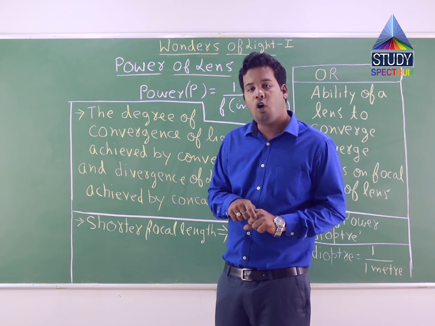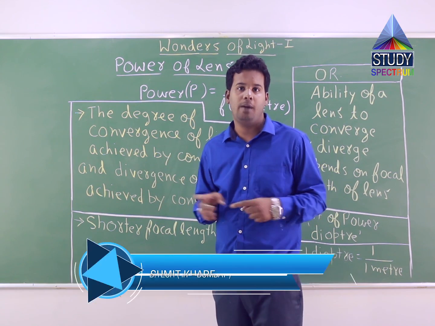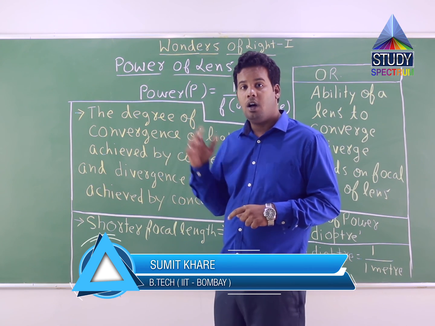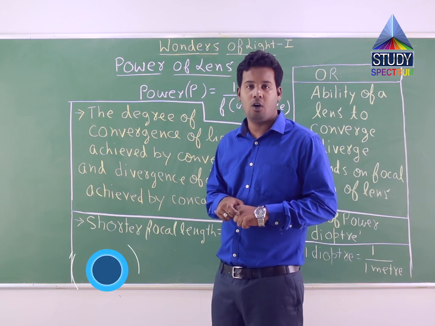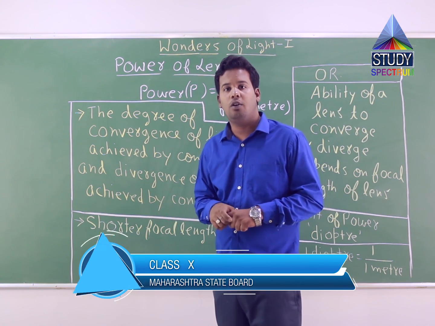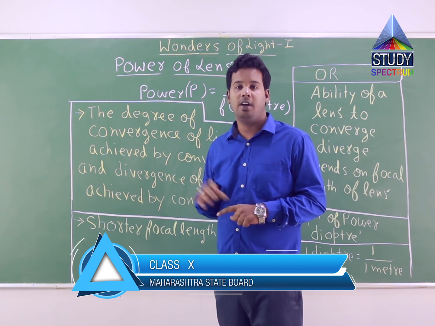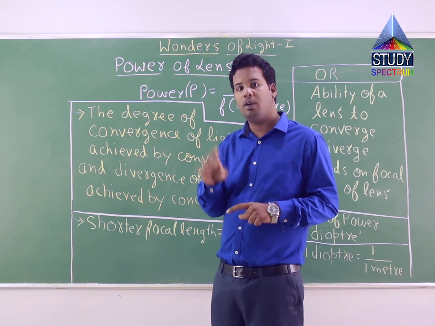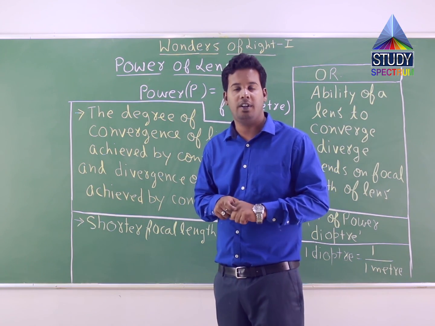Then we have talked about lenses. What is a lens? How is it formed? What are the different types of lenses? Also we have taken 6 types of cases of positions of an object placed in front of a convex lens. We have understood why there are only 6 cases possible. What is the reason behind that? We have seen that the number line, the negative x-axis, has been divided at so many points that 6 cases arise for the position of an object placed in front of a convex lens.